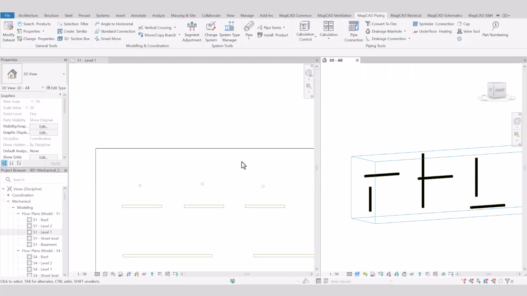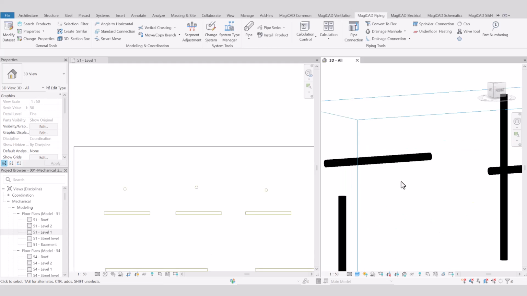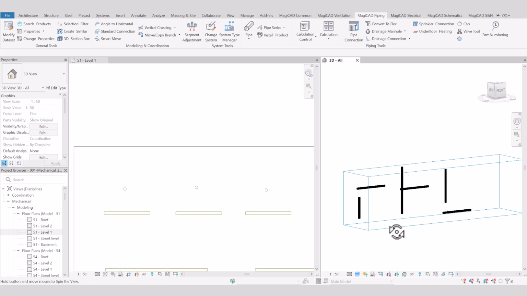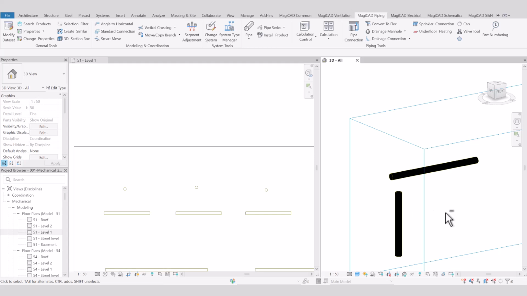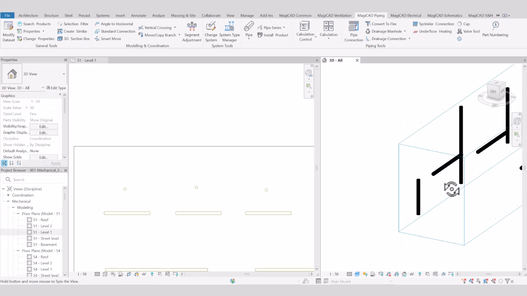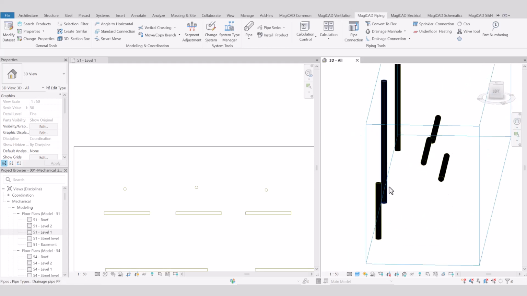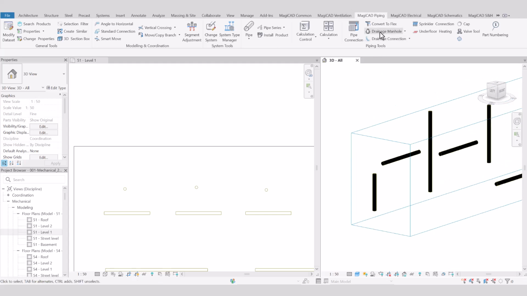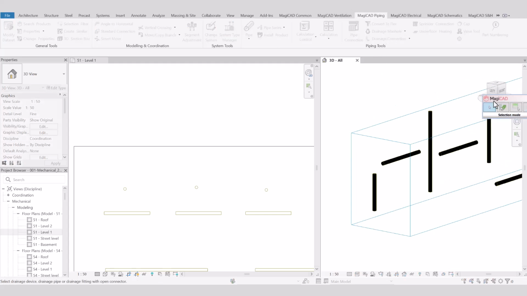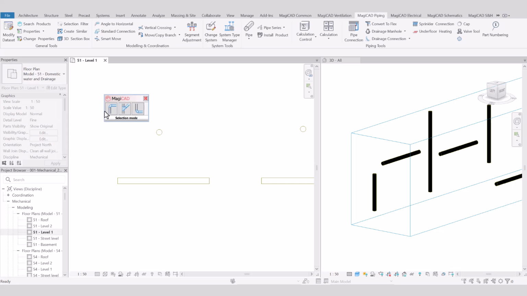Connect multiple drainage devices simultaneously and create vertical drainage pipe connections. I had 3 different situations with vertical and horizontal pipes. Let's start from the first situation. Here we have the horizontal pipe, and the offset of the horizontal pipe is higher than the top end of the vertical pipe. So I'm choosing the drainage connection tool, select a device option, then I'm choosing first the vertical pipe,